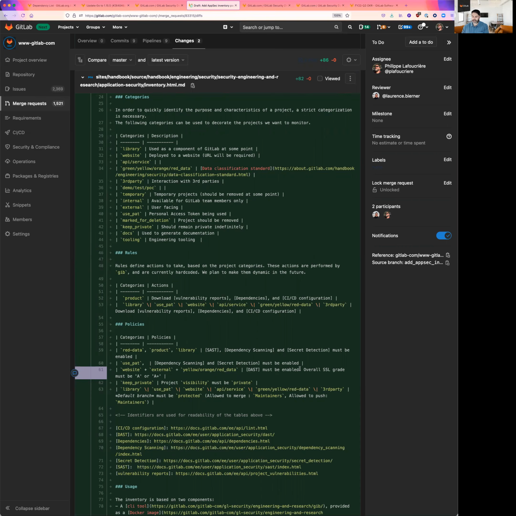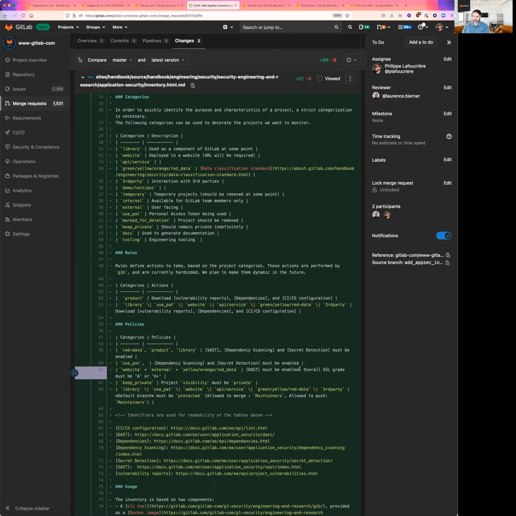We have a lot of projects that we're not able to monitor correctly because they are just not on the radar. Projects are created almost every day at GitLab. We have a lot of engineers in different departments. And at the scale of GitLab, it's becoming quite impossible to follow everything that is occurring. So that's a good way to not only track what's happening, but also being able to say, okay, we have